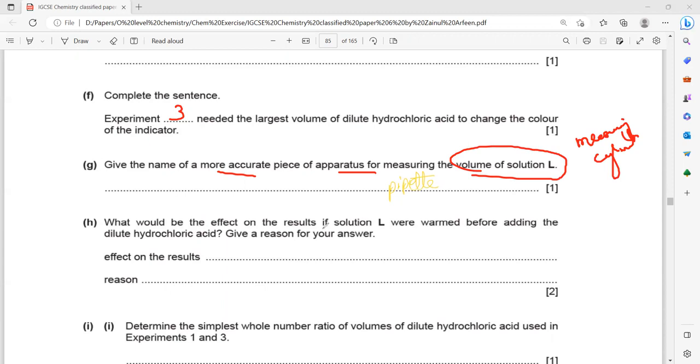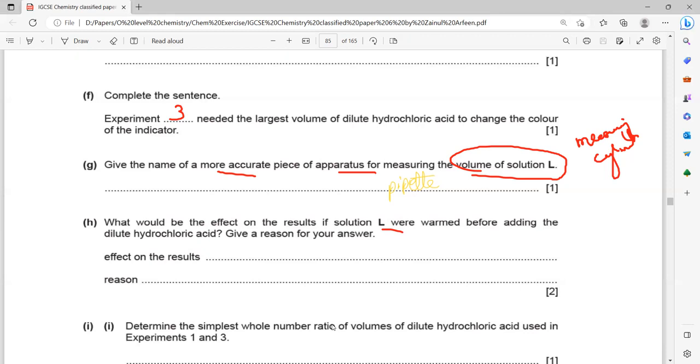What would be the effect on the result if a solution L was replaced? The rate will be faster. No, but the thing is the overall result. Will it affect the overall result? No, there will be no effect. The titre will be the same because the moles stay the same in the solution. Because in this experiment, we don't use a stopwatch to measure the rate